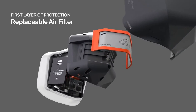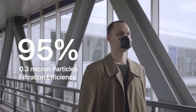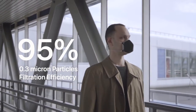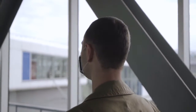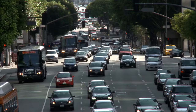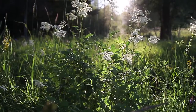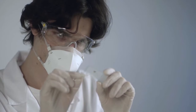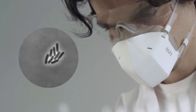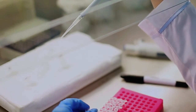The first layer of protection is a replaceable air filter that blocks 95% of all particles larger than 0.3 microns, the same degree of protection as an N95 mask. The high-performance air filter provides excellent protection against pollution, smoke, and pollen, as well as particles released by sanding, painting, drywall, and fiberglass installation. While organisms smaller than 0.3 microns aren't efficiently blocked by any mask's passive filter, UVMask's active